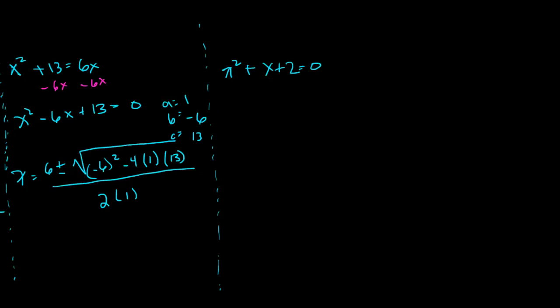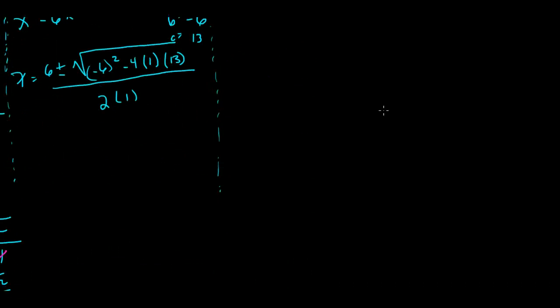Alright, let's simplify that. We've got 6 plus or minus the square root of 36 minus, let's see, 13 times 4 is, let's do that over here, 13 times 4 is 12, carry the 1, 52,